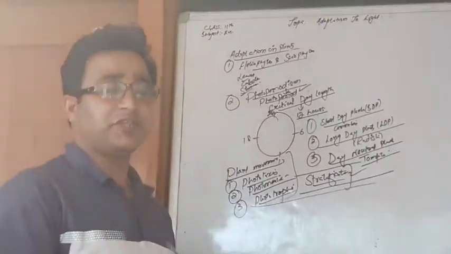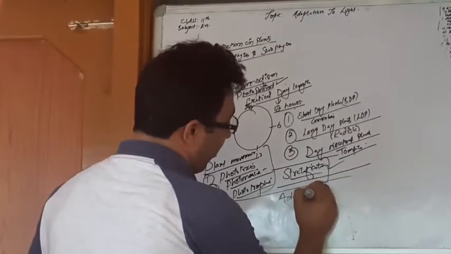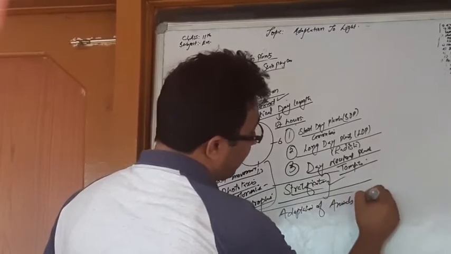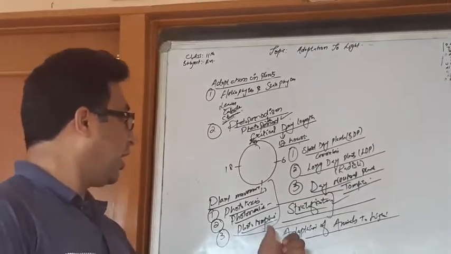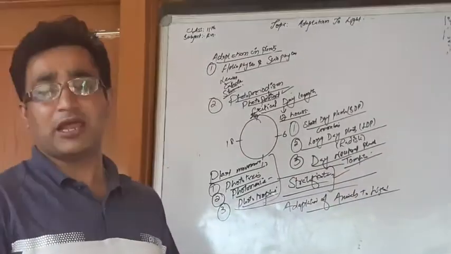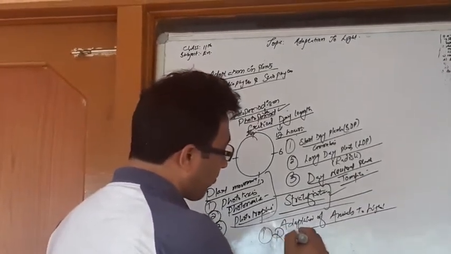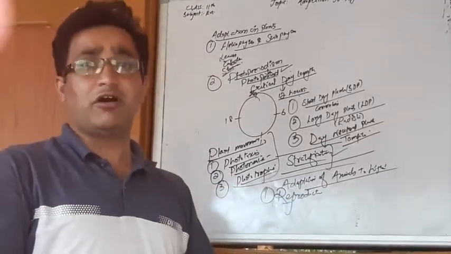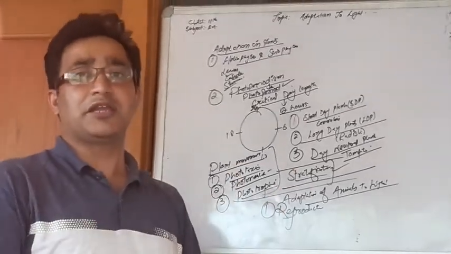the adaptation of animals to light. एनिमल्स में अगर हम बात करेंगे, द एनिमल्स आल्सो रेस्पॉन्ड टुवर्ड्स द लाइट। पहले अगर हम देखेंगे रिप्रोडक्शन इन एनिमल्स, द ब्रीडिंग एक्टिविटी ऑफ द एनिमल्स इज आल्सो इफेक्टेड बाय द लाइट।